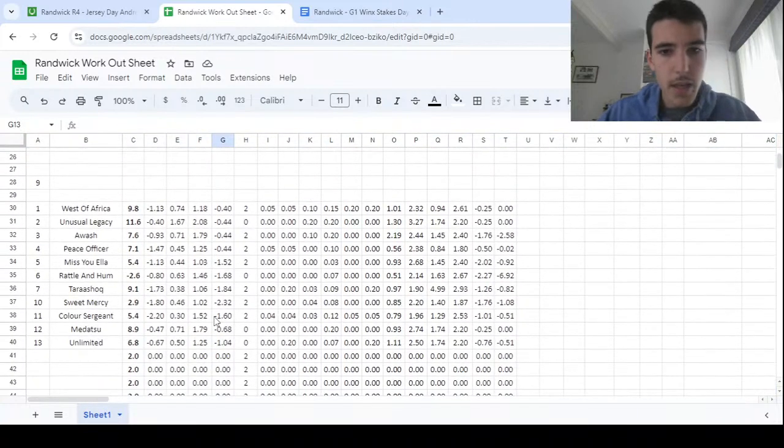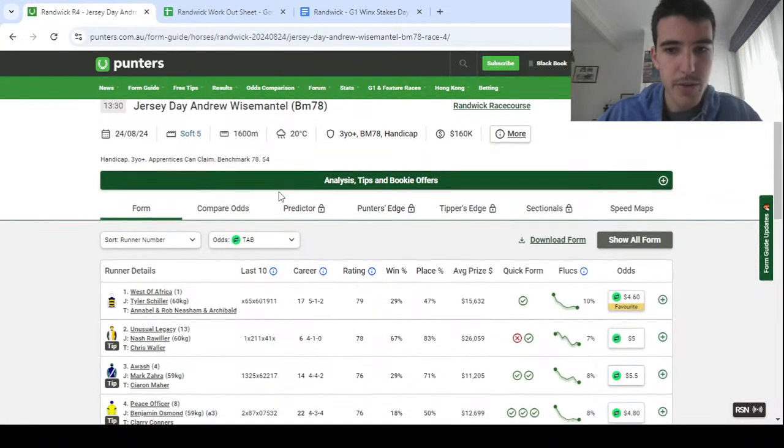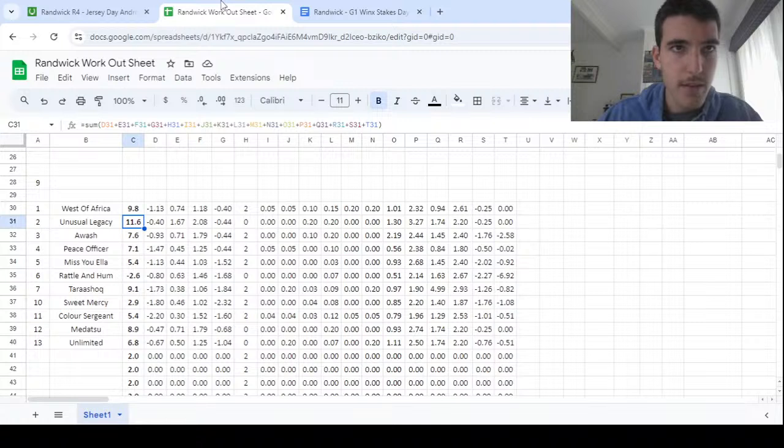Scrolling. It's going to be Unusual Legacy on top. Unusual Legacy ahead of the favourite West of Africa. Then Tara Shock and Madatsu. No Awash. Unusual Legacy gets a -2 for its barrier, and it's still 1.6 points clear. That's a pretty good effort. Is it an overseas horse? It looks like it's got some